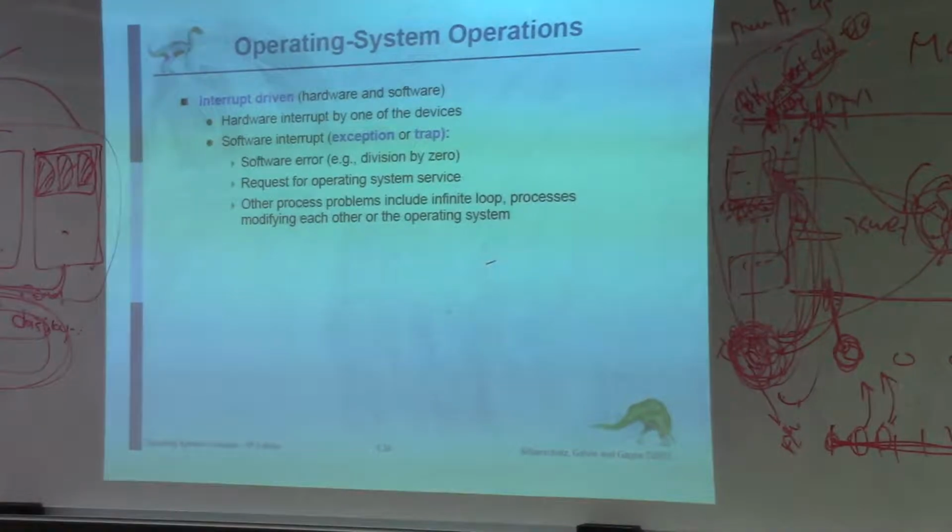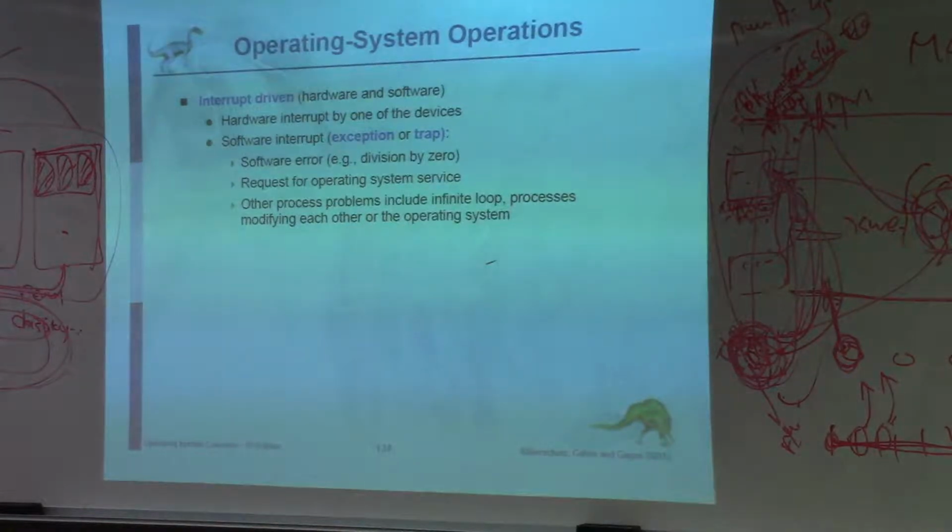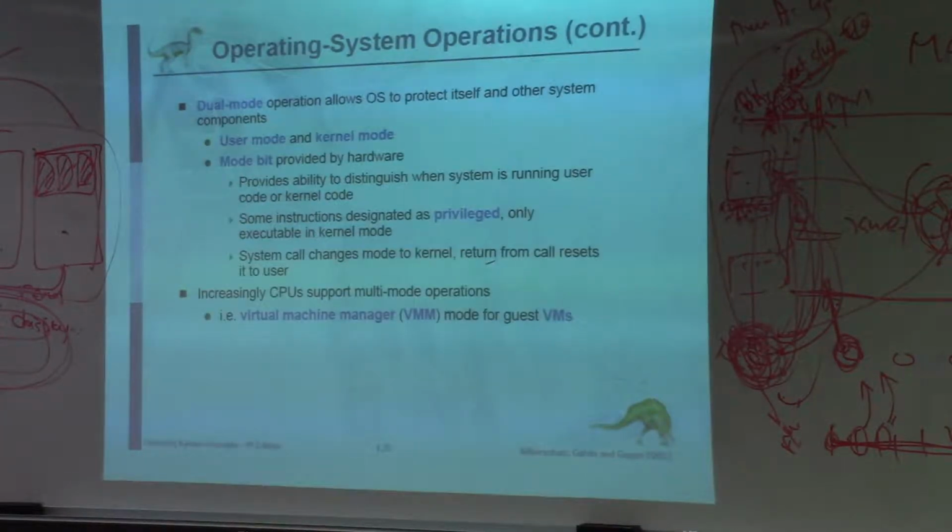Even the operating system, definitely, because the computer system is based on interrupts, so the operating system is also interrupt-driven. So both the hardware and the software, the operating system can understand the control such as interrupt. Also, the operating system has dual mode nowadays. What is dual mode? Dual mode means